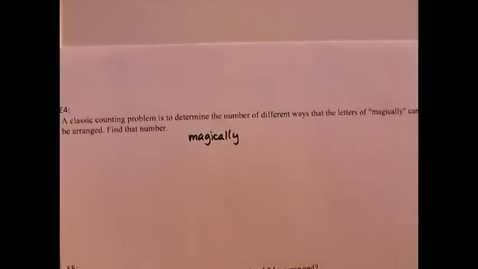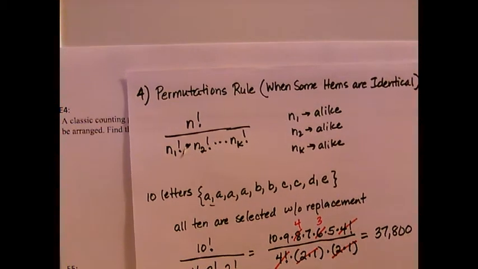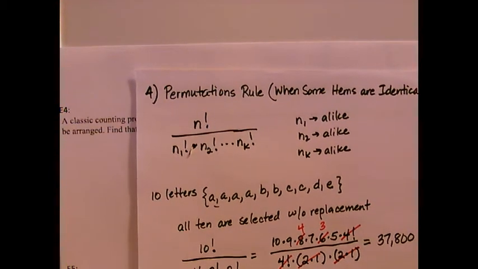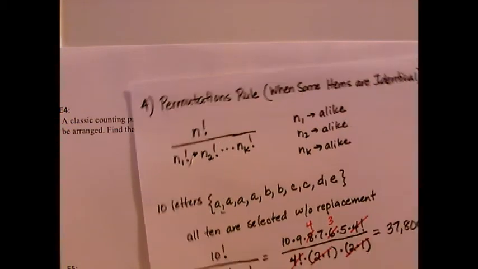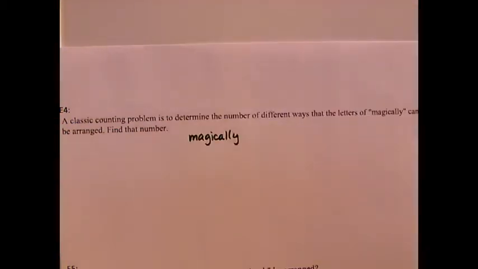Now notice in this word magically, you got 2 A's and 2 L's. So we're going to have to use the permutations rule when you have some of the items that are identical. And that's this rule number 4: n factorial divided by n1 factorial times n2 factorial all the way to n sub k factorial. Okay? So in this case here,